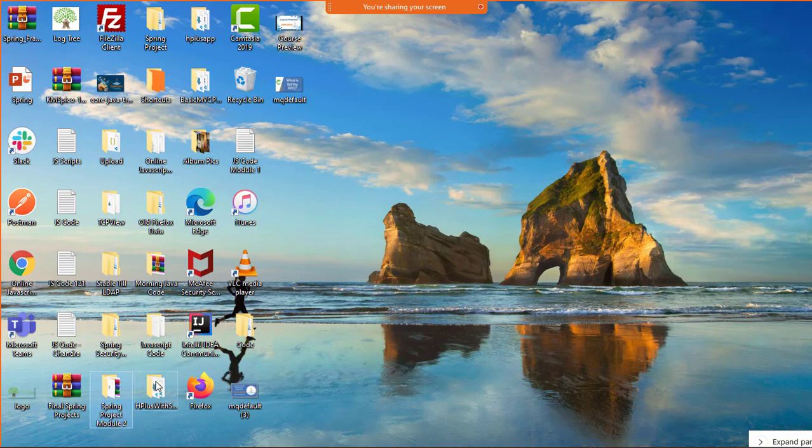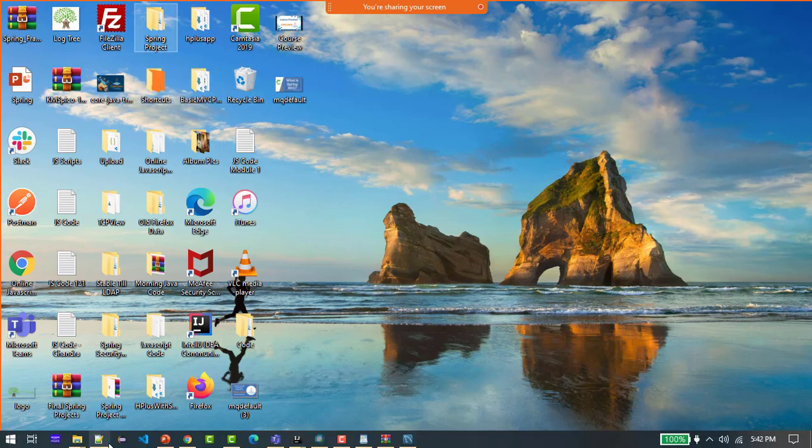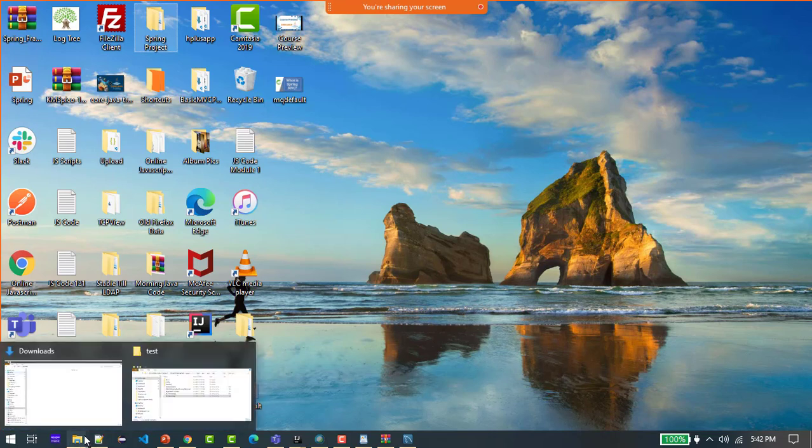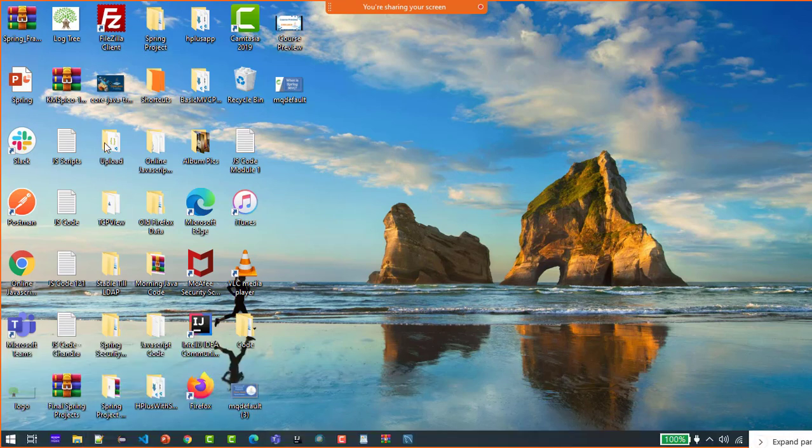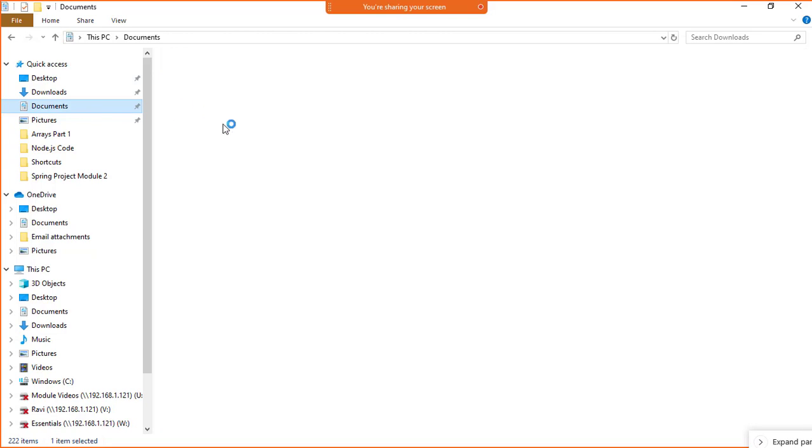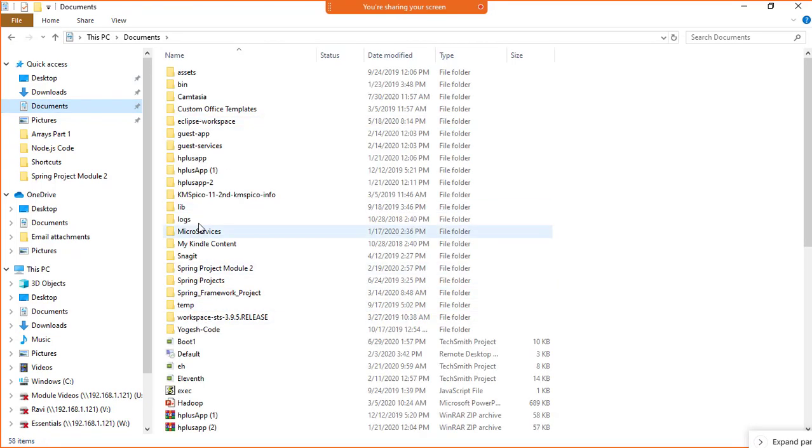You can also download that application, it will help you kill all the ports which are not being required, right? So let's say TCPView.